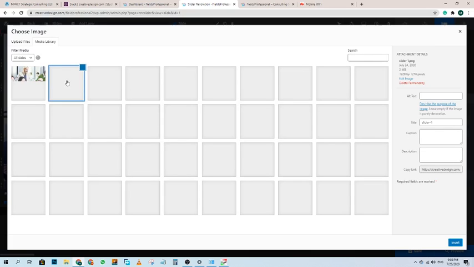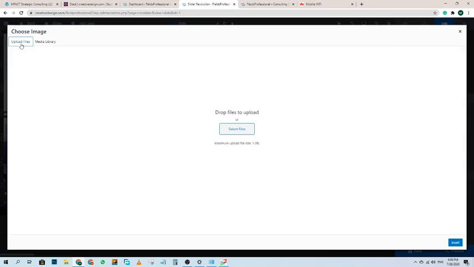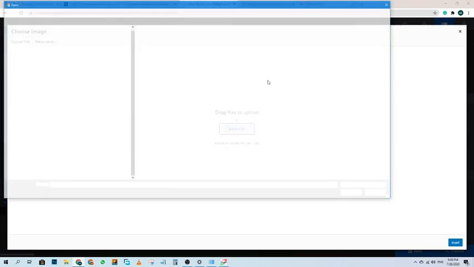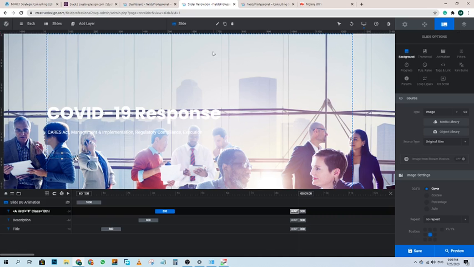For example, I am selecting this image, so after selecting, simply click on insert, and if you want to upload a file from your computer, simply click upload and select file. I'm not going to select a file here.